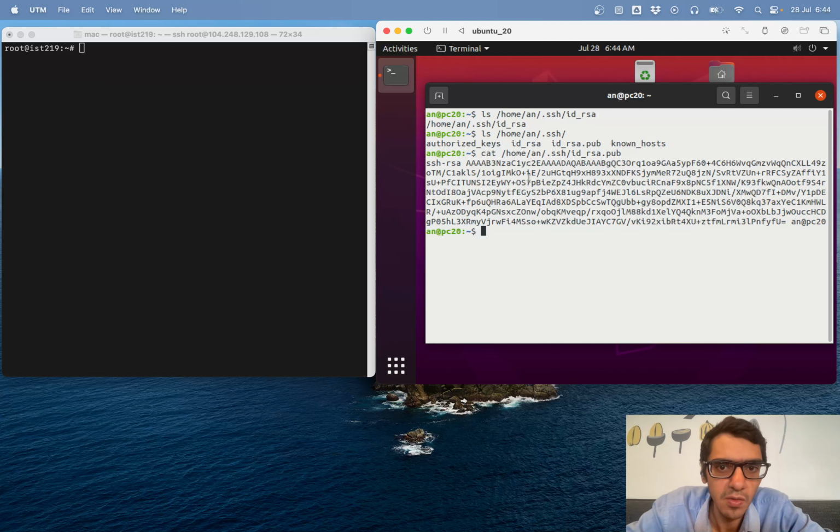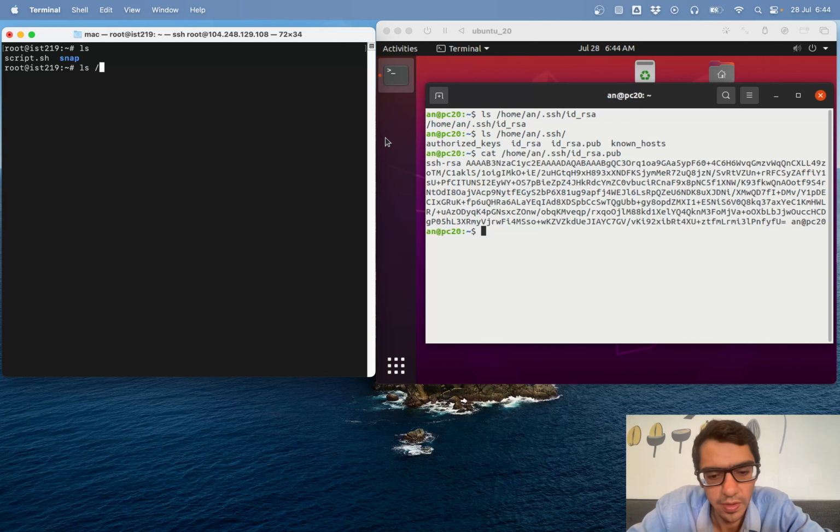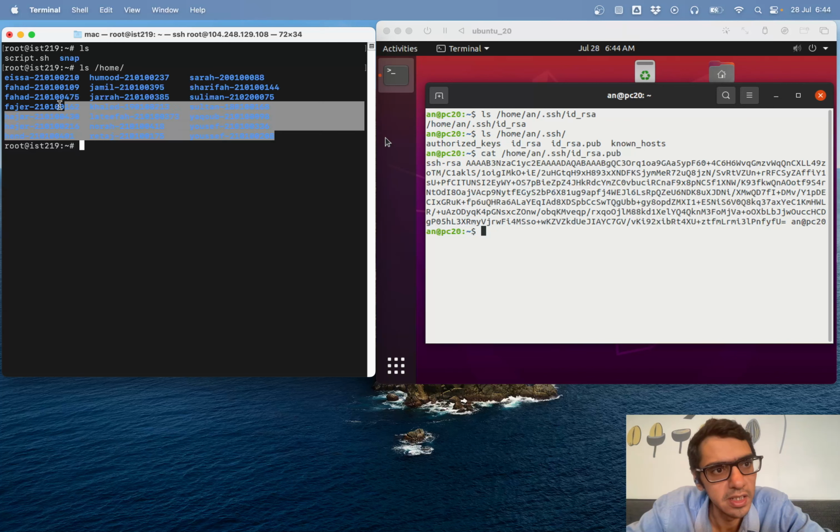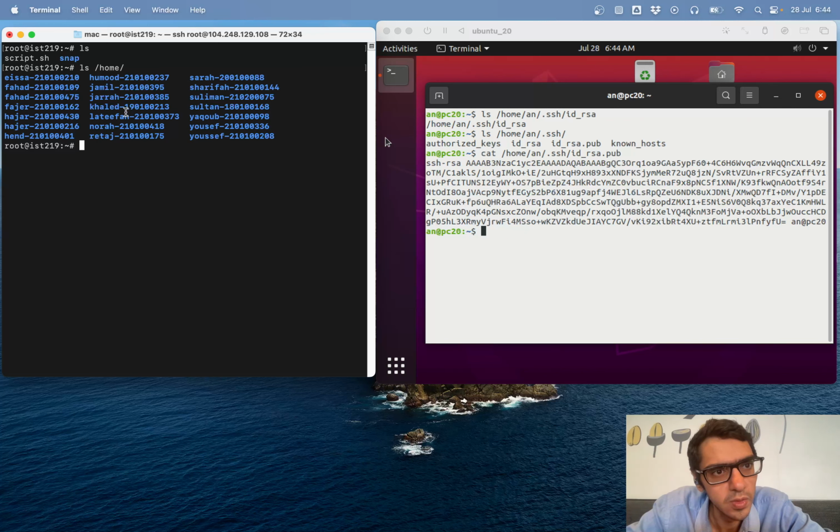Okay. Now, of course, after you create the public key, from my side, I'll just show you what I'm doing. I prepared the server. I'll show you the home directory. You can see that each one of you has your own username and home directory inside the server. So for now, let us pick any one of you randomly. Let's pick Khaled, for example. I'm going to say